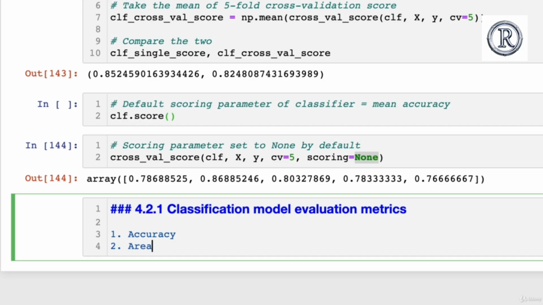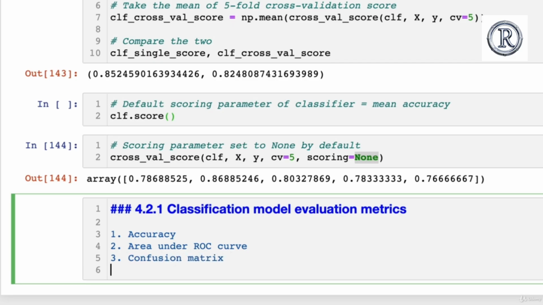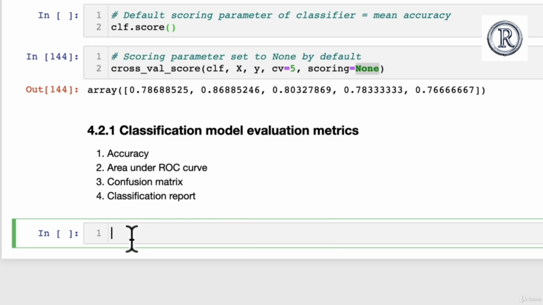The next one is area under ROC curve. And don't worry if you're not sure what these are, we're going to go through them. The third one is a confusion matrix. Sounds fancy, right? And the final one is a classification report. So to start off, we'll keep it nice and simple. We'll do accuracy. So we'll remind ourselves of how we can train a machine learning model and evaluate it by